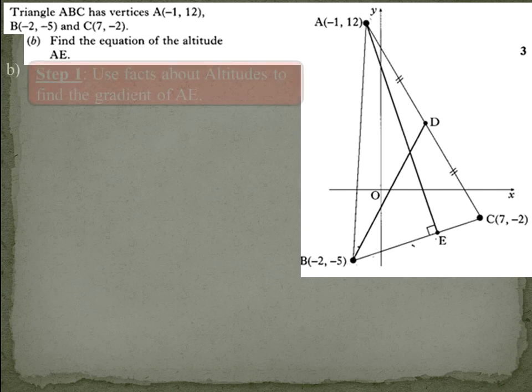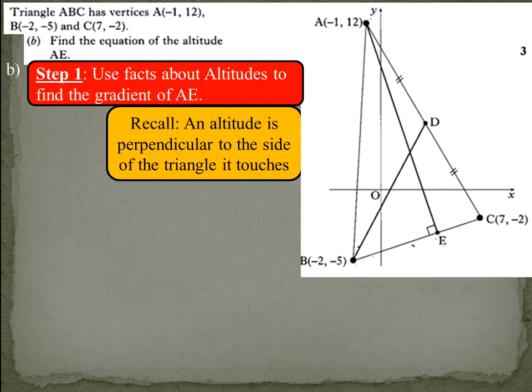An altitude is a line that is perpendicular to the side of the triangle it touches. So here, our altitude AE is perpendicular to BC. If we know coordinates for B and C, that means we can find the gradient BC, which will then allow us, by using perpendicular gradient, another skill we iterated and recapped in this part of the course, to find the gradient of AE. So use the coordinates BC, find BC by subbing into the formula, watch out for double negatives,